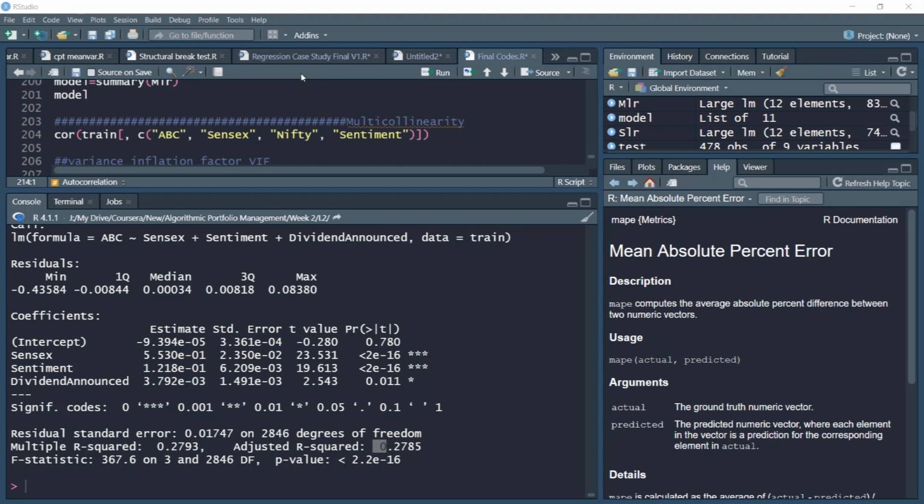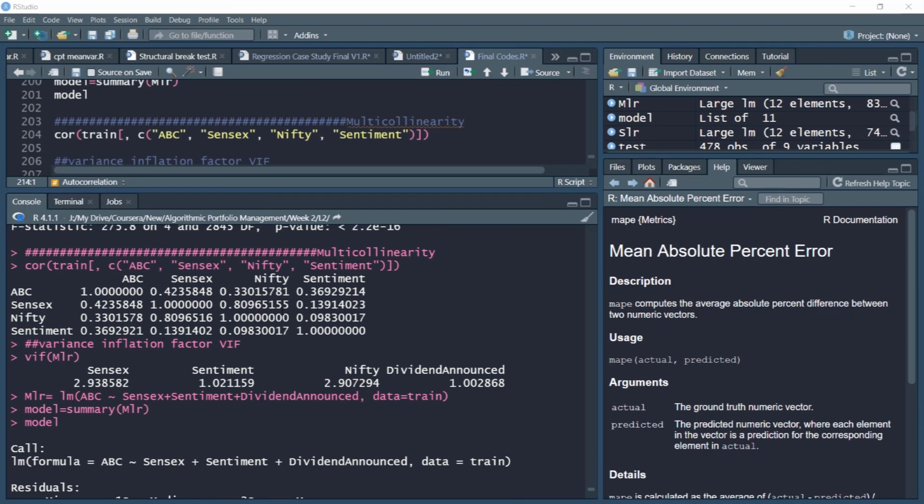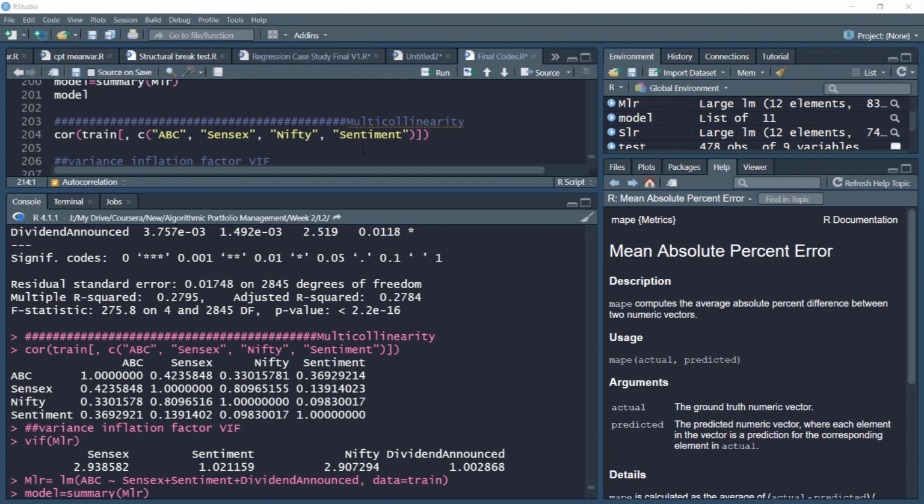To summarize this video, we noted that when we computed the correlation matrix, we found that the two market variables, Nifty and Sensex, were heavily correlated with a correlation of almost 80%, indicating the chances of multicollinearity, which we further examined with our variance inflation factor, VIF. VIF suggested that indeed the Sensex and Nifty variables are afflicted by the issue of multicollinearity. So we removed the Nifty variable and then again trained our model, and the model output is reviewed in the discussion.